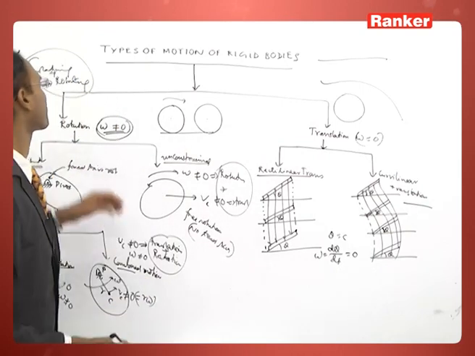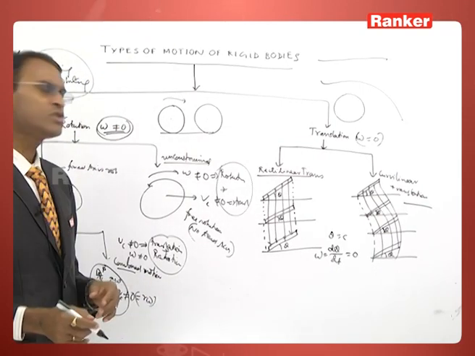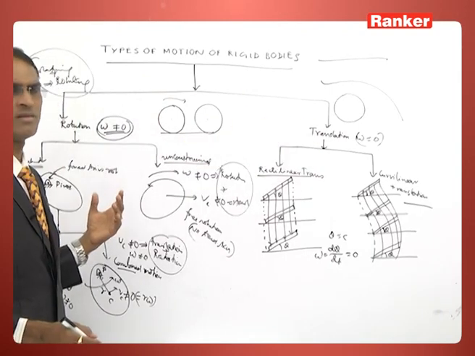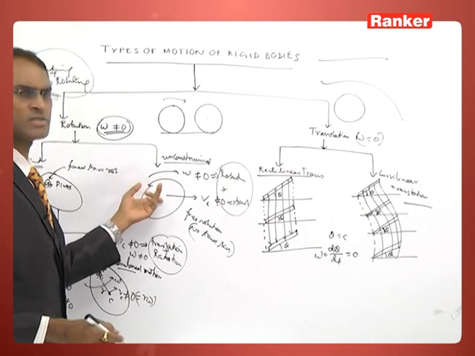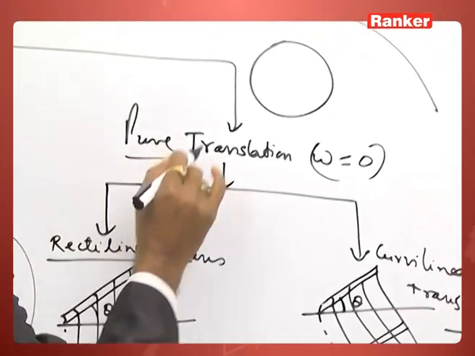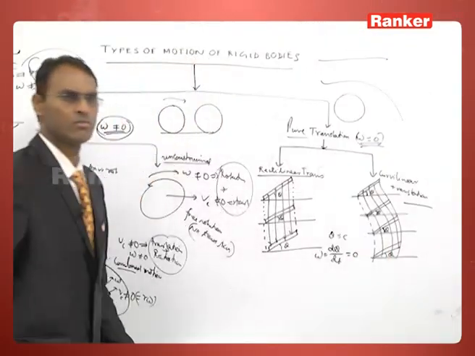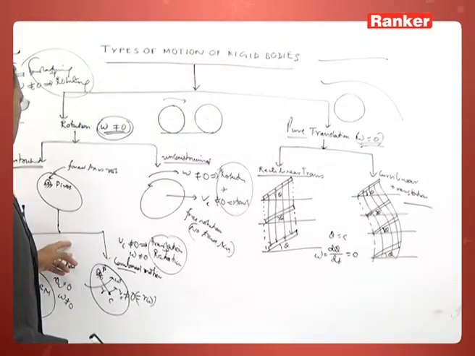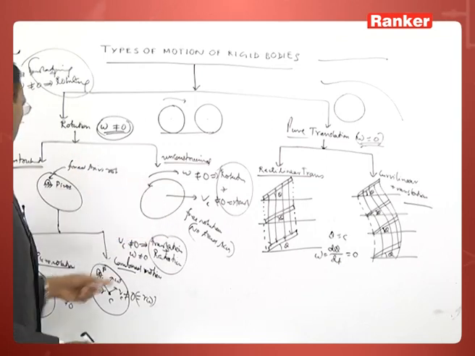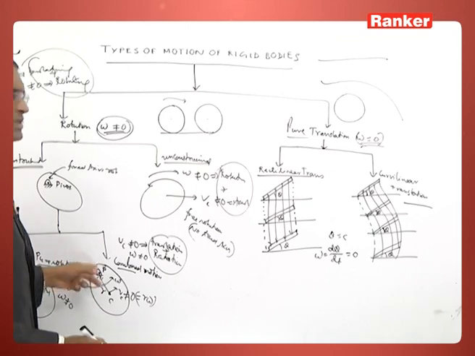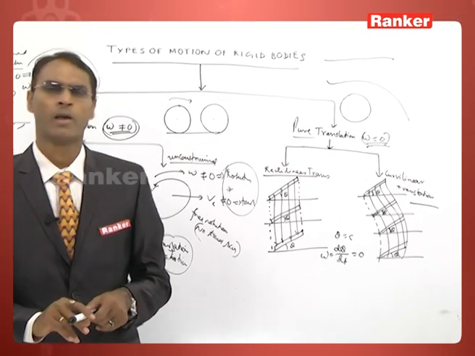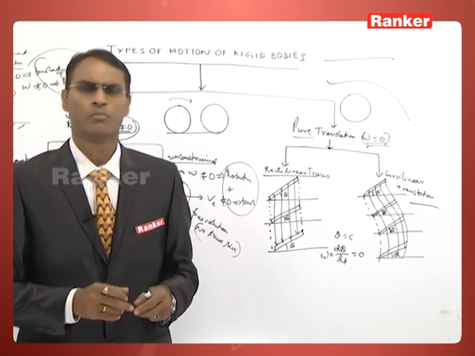So in this way, types of motion of the rigid body, motion means both translation and rotation. And in this case also the translation portion is there. Here we can say pure translation, because omega is 0. Here omega is non-zero, center of mass velocity is non-zero, so you can call it combined motion, and this is also combined motion, even though this is fixed axis rotation. So these are some terms you need to understand before we go for putting the theory of